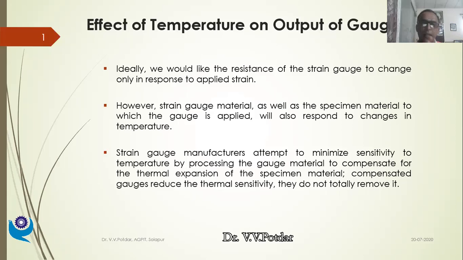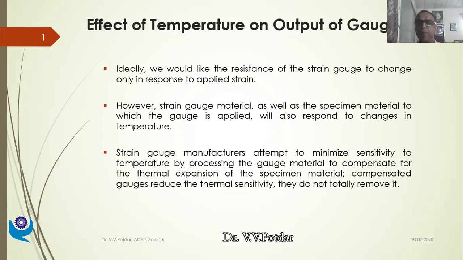Let us say the specimen on which my strain gauge is mounted is C40 steel. What I do is I take a piece of C40 steel plate, and on that plate I mount one more strain gauge of similar configuration. Similar configuration means what? It is made up of the same cupro-nickel alloy. Length, width are the same. The gauge factor is the same. So a similar strain gauge is mounted on that piece of similar material.